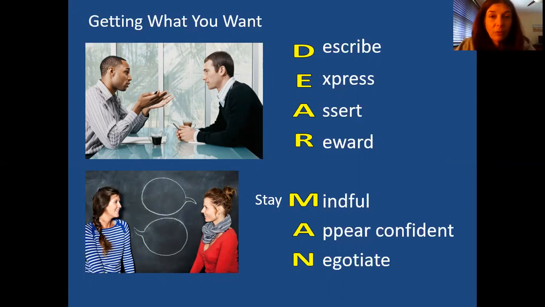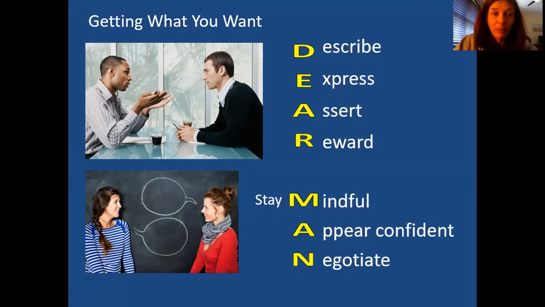Between the DEAR and the MAN is usually around when the person starts to respond. They might just say okay right away, and you're finished. But sometimes you have to negotiate a little bit, or you have to deal with their reaction, right? Let's say they pull you off track, bring up old stuff or change the topic. You need to stay mindful and focus on your request. If they get you off the topic, you've got to bring it back. You might have to repeat the request using broken record if necessary, okay? It helps in this phase to also appear confident, be confident that it's okay to ask for what you're asking for. Don't let them make you feel bad about it.